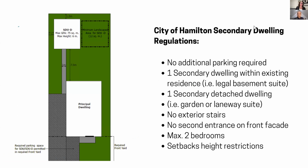So this is what we're looking at in the city of Hamilton. And with regards to parking, hats off. Well, first of all, hats off for Randall Boulevard, Ken. I saw that in the newspaper, and that's how I actually first heard about your company. It's a big win, but hats off to the city of Hamilton too for changing the secondary dwelling regulations so